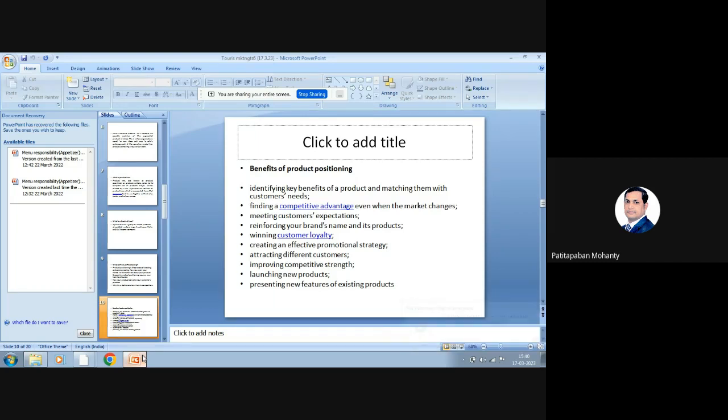So that's why product positioning is always conducted by the researcher to strengthen the brand name, or to make the brand name in the market so strong that it will never go missing from the market. Then the next point is winning the customer loyalty. Yes, it is also one of the important parts of product positioning. To win the customer